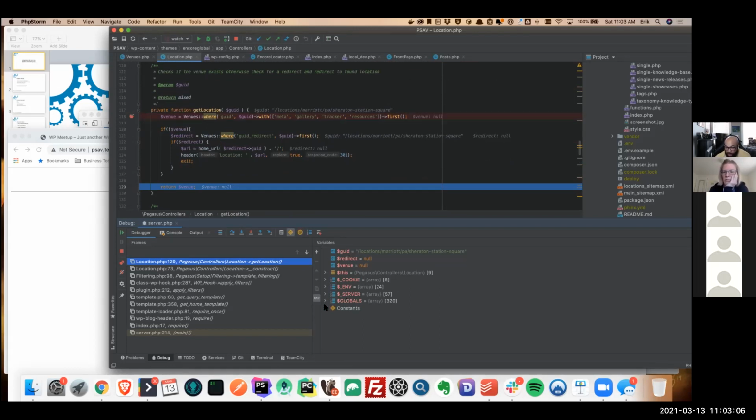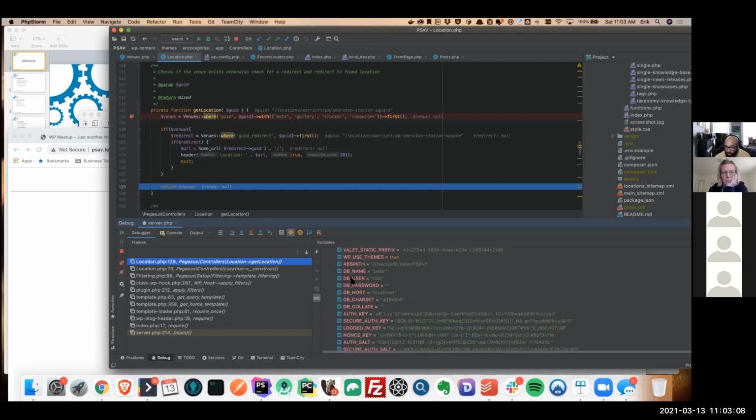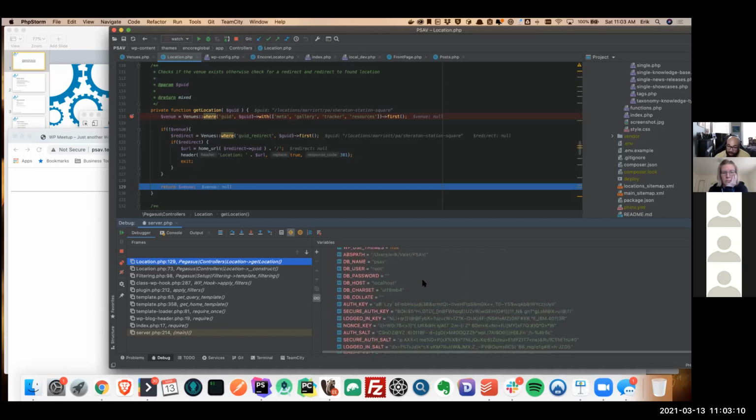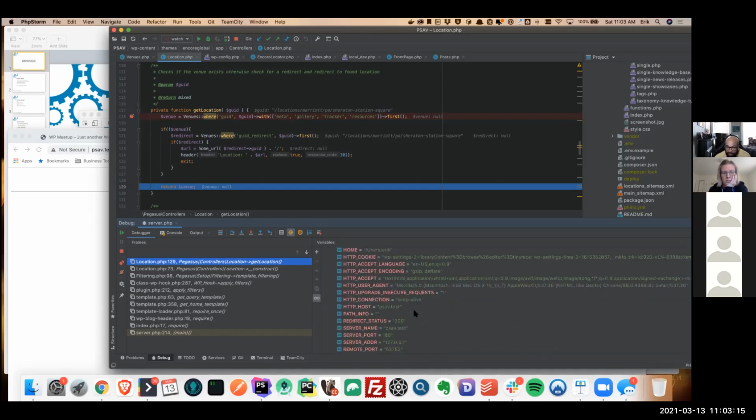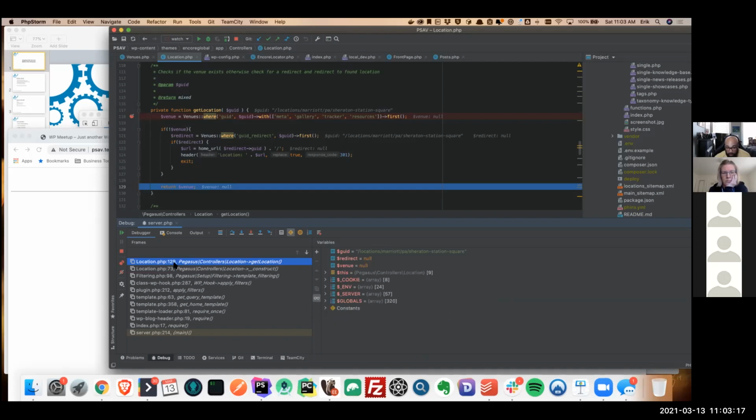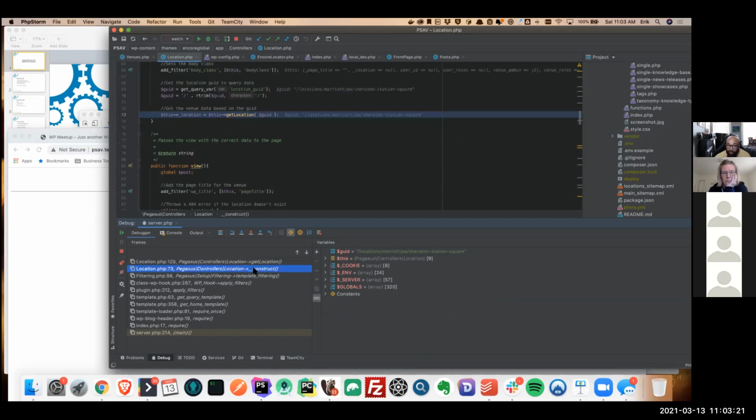So if I need to know what the constants are set at for the entire site, I have all those values here. If I need to know what global variables are, I've got all that stuff here. I can see the path that was even taken to get here. So I know that get location was called back in struct here by clicking that. I know this was called from template filtering somewhere else.